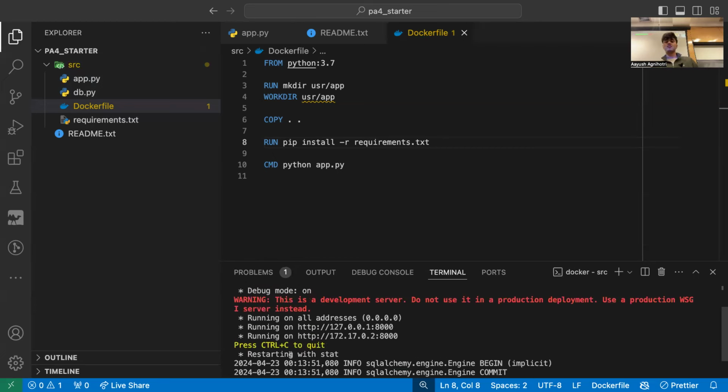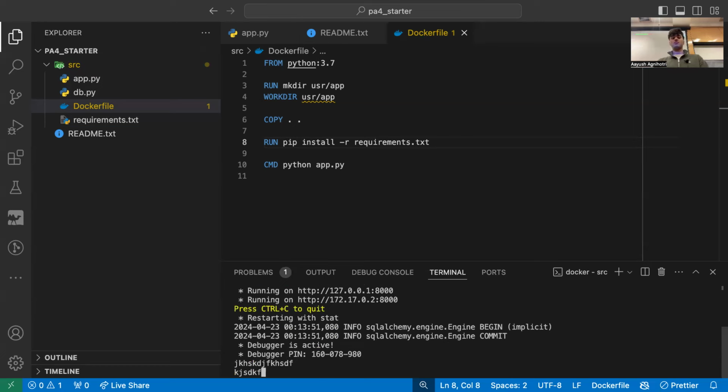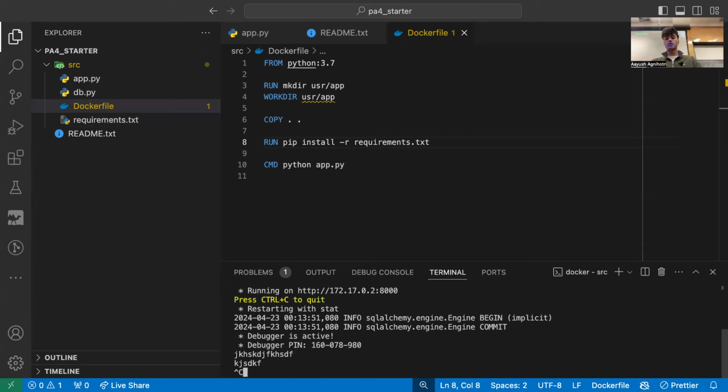Then you'll see this looks pretty much exactly the same as it would if you were to just run it regularly, typing in python app.py through the terminal. One extra flag that we can put here: we can't actually use the terminal here, it won't work. So a quick thing we can do to change this,